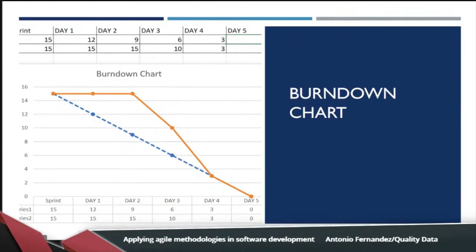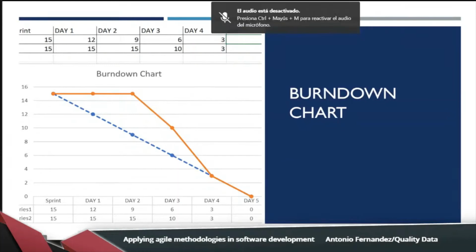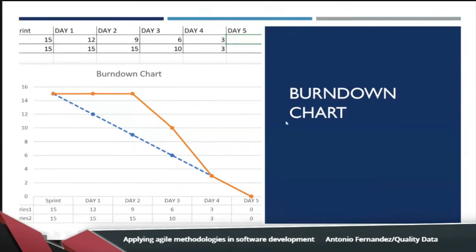And we have 4 user stories that total 15 story points. When a user story is completed, I can reflect the reduction of pending story points in the burn down chart. And this will be done in the everyday meeting.